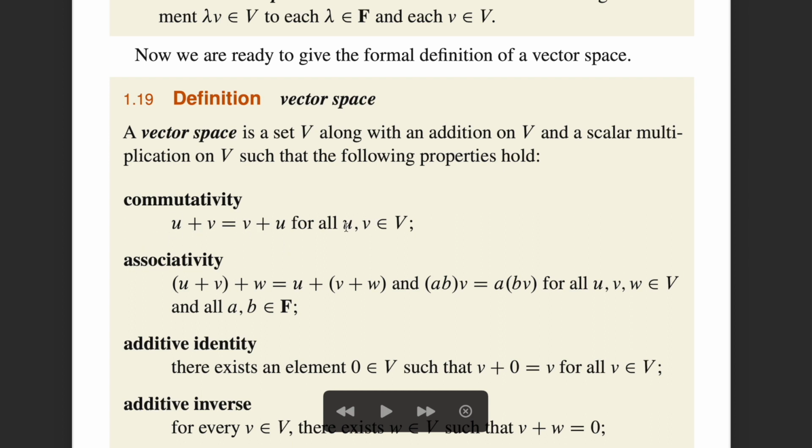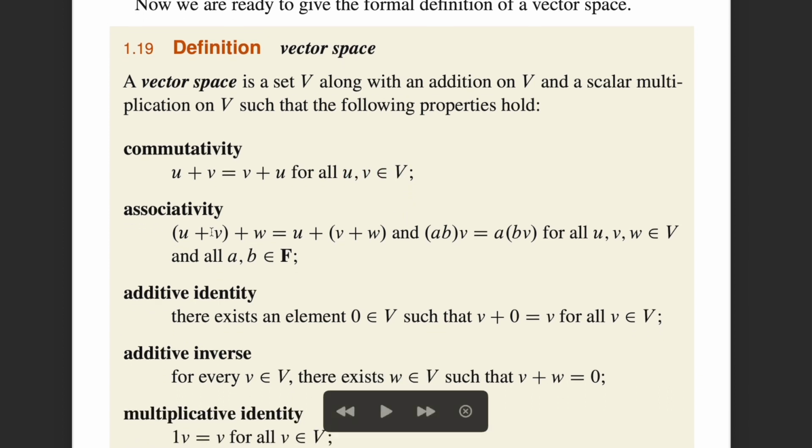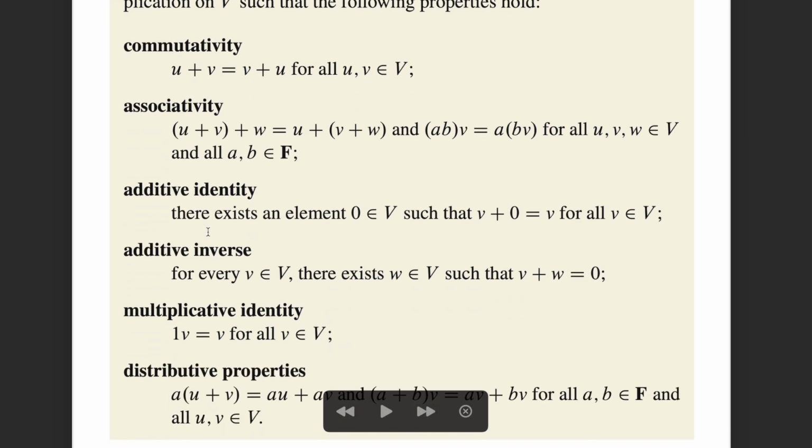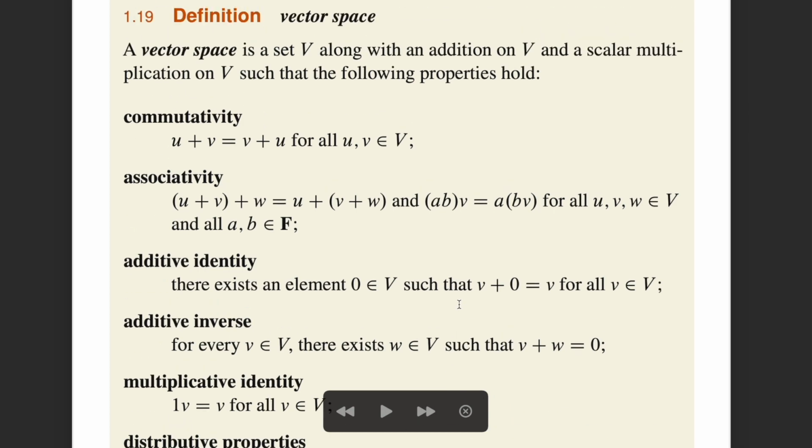Here only this condition is being satisfied. And similarly for associativity, so can you guess which one would it be? Well, the answer is additive identity. It says that there should exist an element 0 in that set which follows this property, and this is the only condition